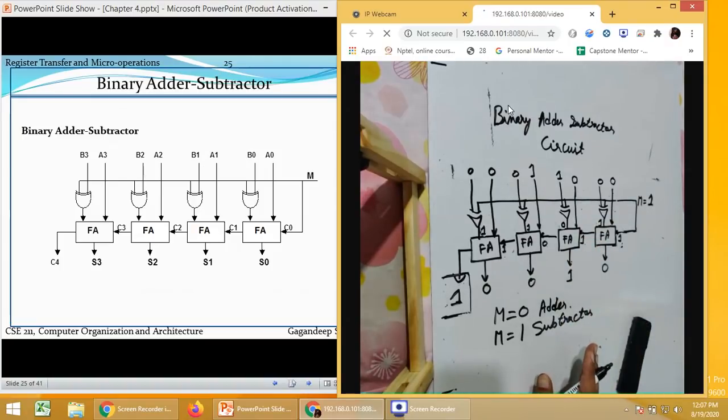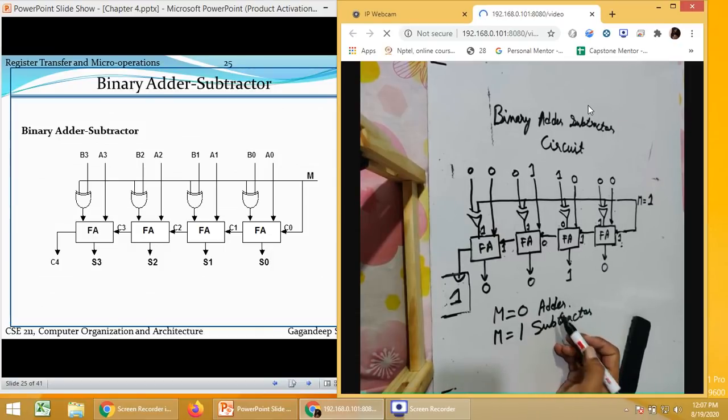These two are pretty simple circuits. So after this, the next type of circuit which we are going to make is an arithmetic circuit. That single arithmetic circuit will perform addition, subtraction, add with carry, subtract with borrow, increment, and decrement. So there are total 7 operations which it performs. We will do that circuit in the next class.